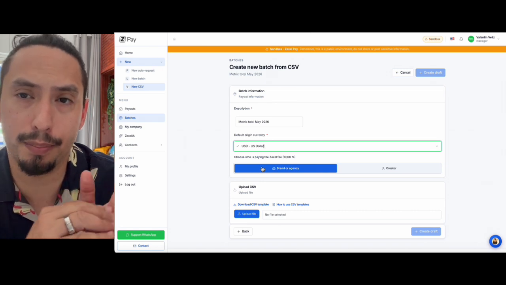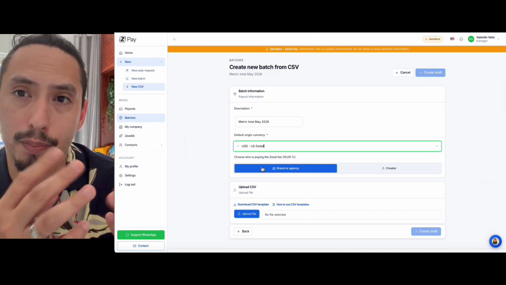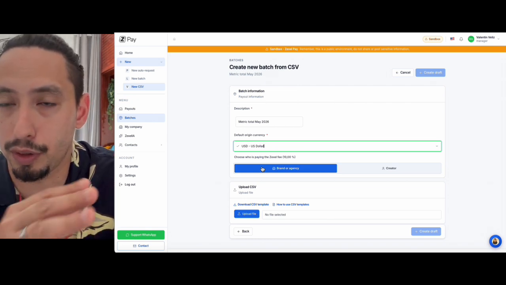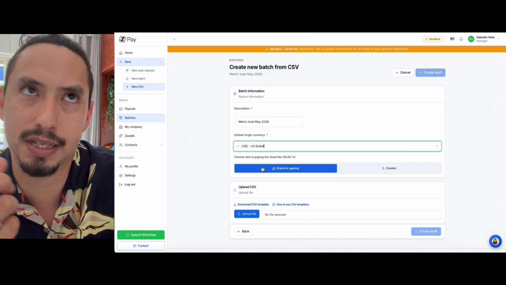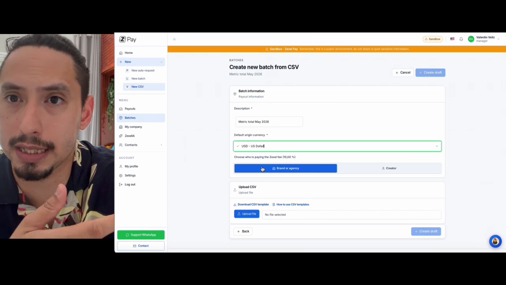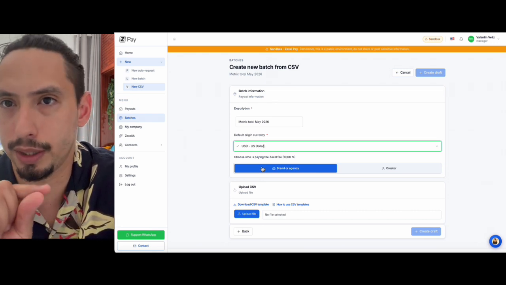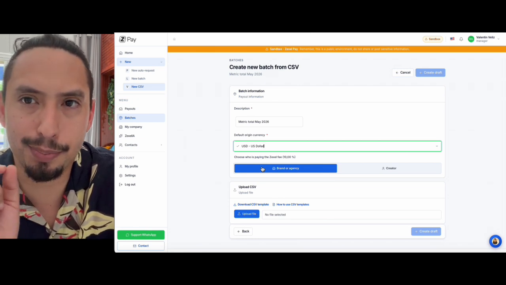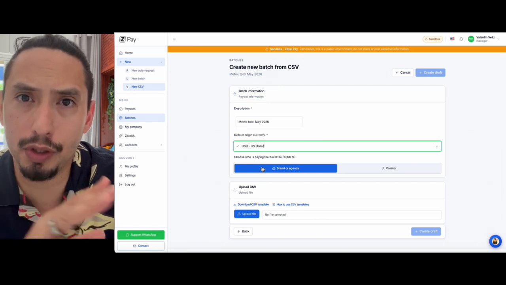Why is this very important? Although on Zexel we do have a conversion rate, even if, for example, you want to do it in another currency, let's say Brazilian currency or Mexican pesos, we have an API that does the exchange, okay? The little problem on that is